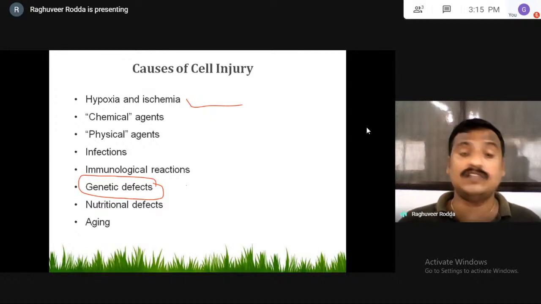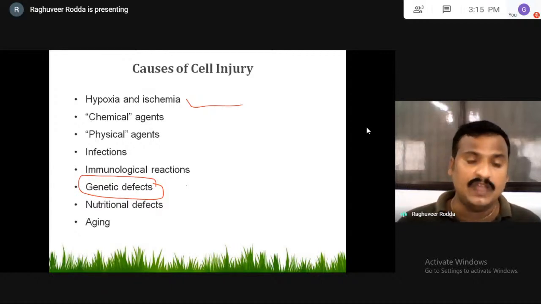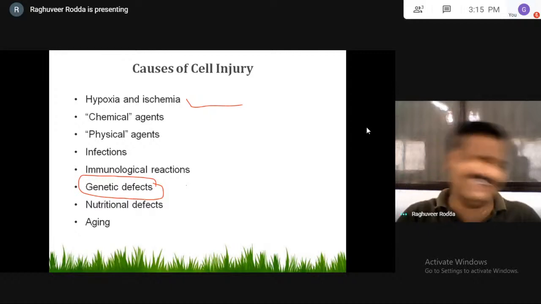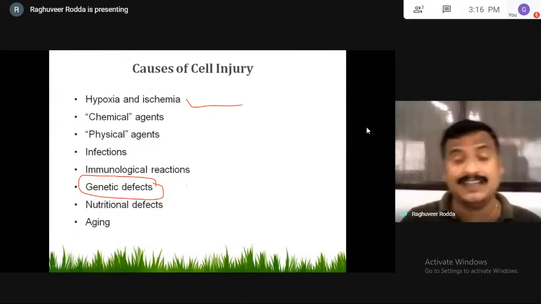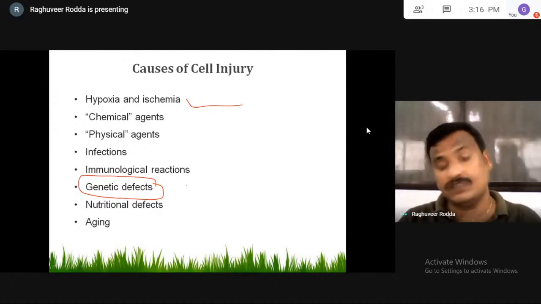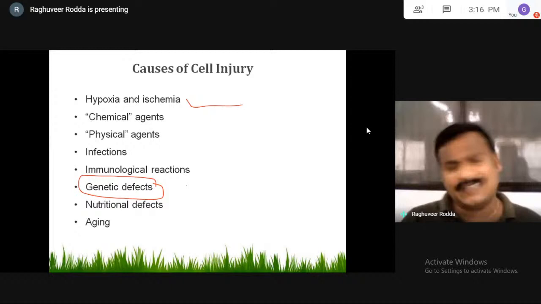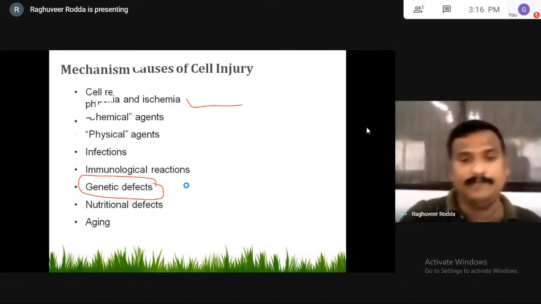And aging. Aging is also a very important factor, where people reduce some of their biological activities. With age, there may be loss of some organ activities, so the body may not be able to excrete such chemicals or endogenous substances which are reactive in nature and able to produce cellular injury conditions. Everything, whether external or internal, exogenous or endogenous, to some extent can produce injury when present in the human body.